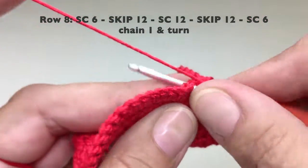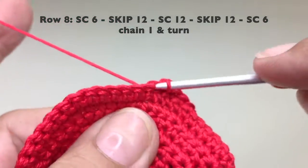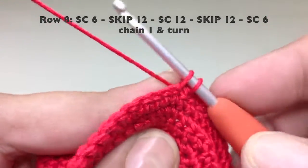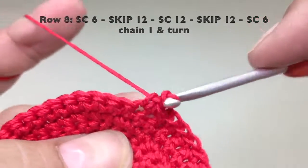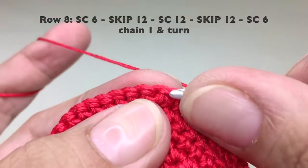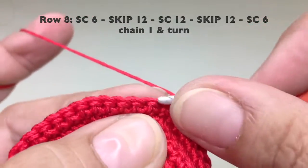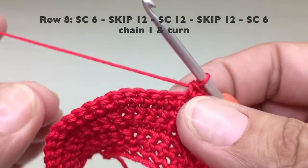3, 4, 5, 6, 7, 8, and 9, and then just 3 more, 10, 11, and the 12th stitch. So we've got 12 going across the back, and now again we want to skip another